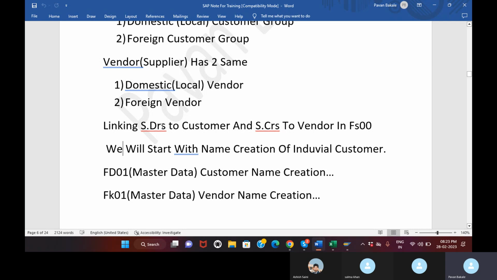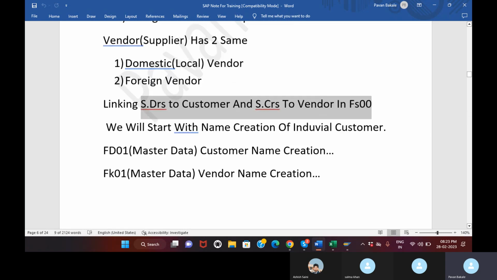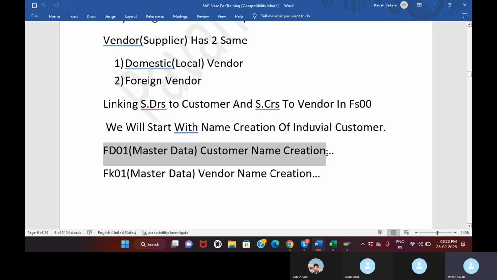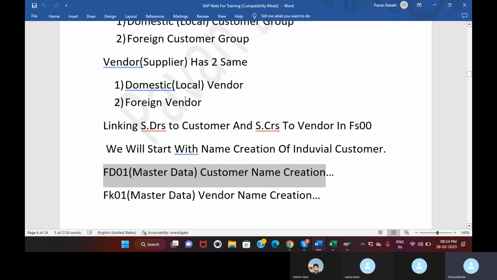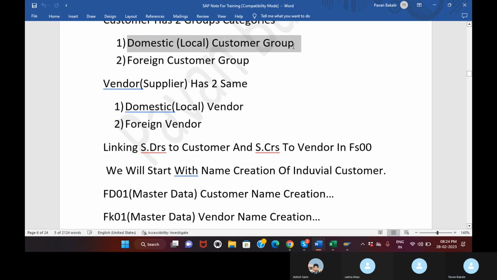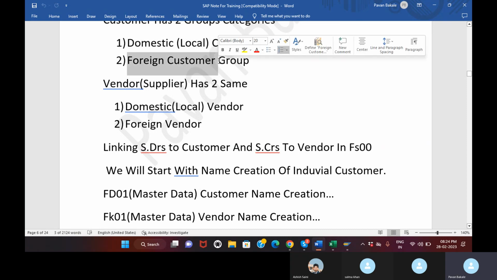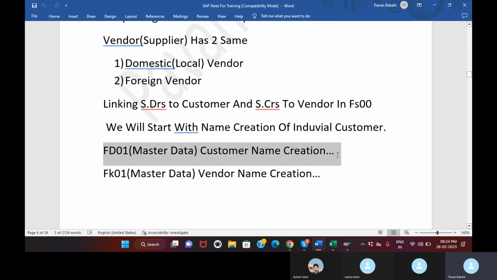Okay, fine. So what I've done here now, I have done debtor, customer, creditor, vendor, FSVs are done. Next, what will happen now? Next will come a very important point: individual FD01 master data customer name creation. Now I need to go and create the FD01 master data customer. I will create individual customers under this group, like how many domestic customers I have, how many foreign customers I have,